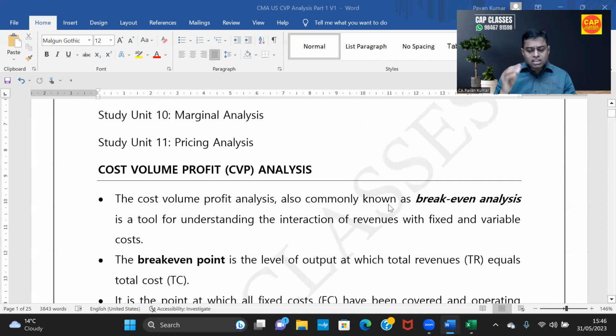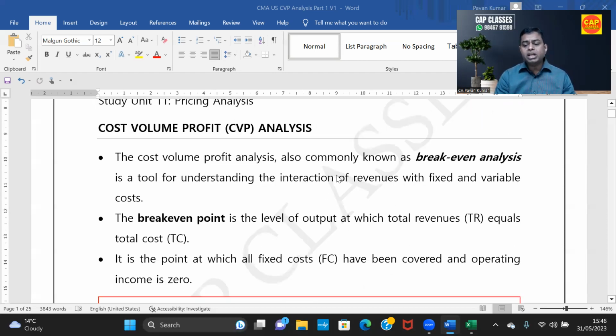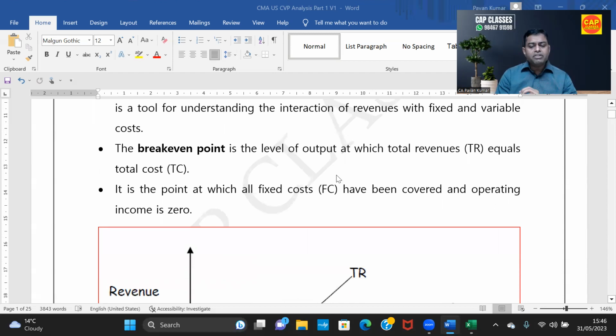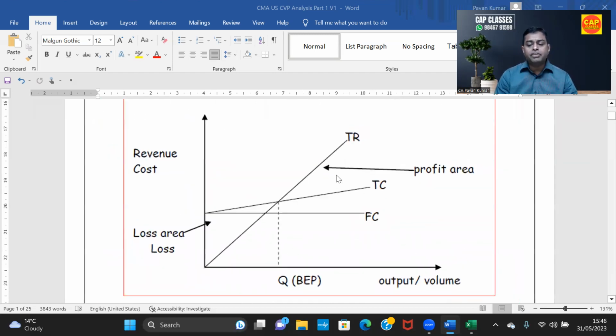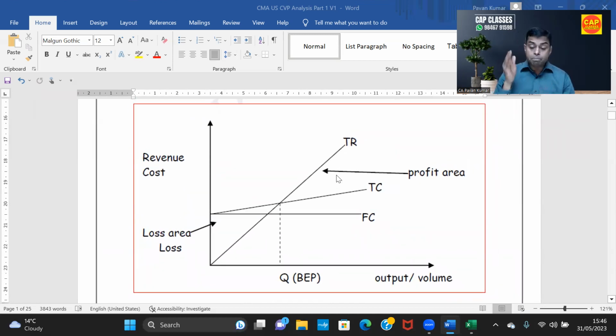Okay, so there is a lot of theory. What is CVP? What is break even? What is break even point? What is fixed cost? What is variable cost? And then we have given a beautiful diagram on the screen. All these things we'll see later. First,